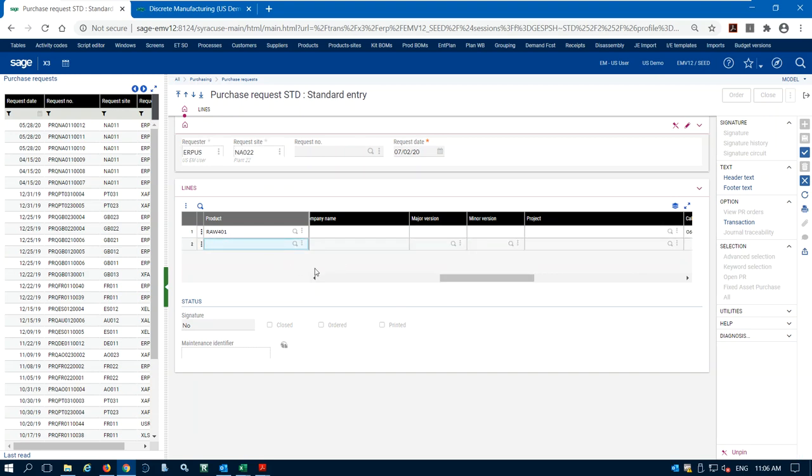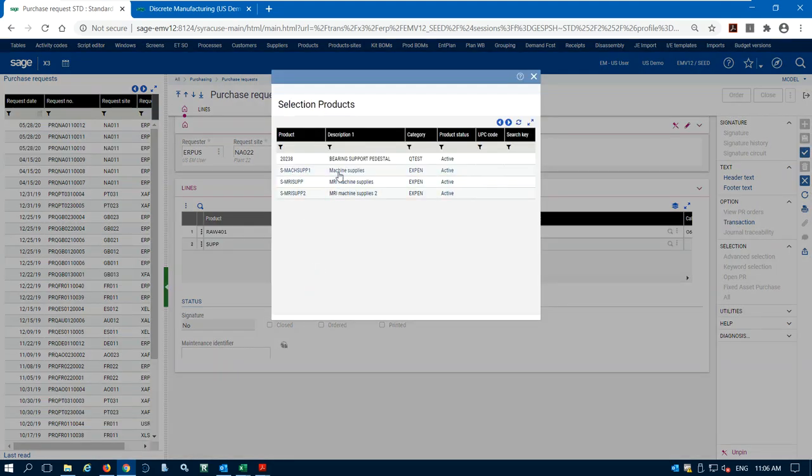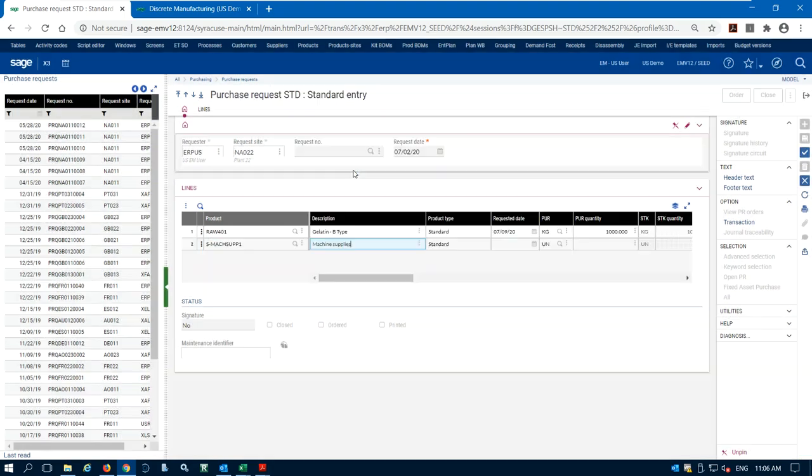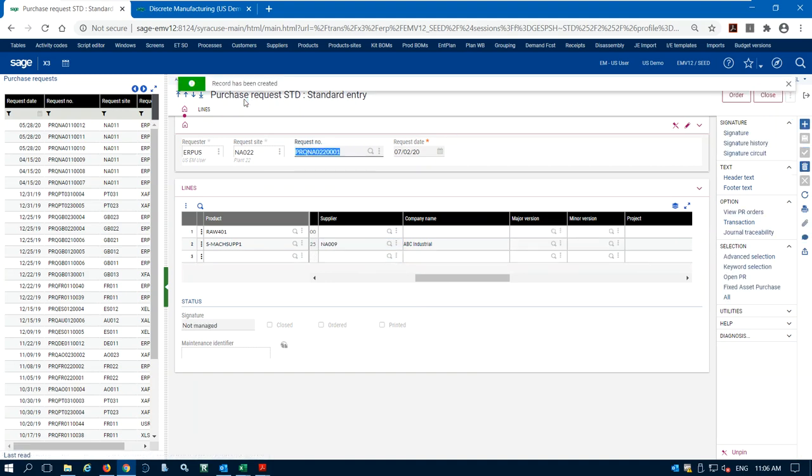We can also do non-stock items as well. I can put shop supplies in here, machine supplies, other supplies. So here's machine supplies, and I need 50 units of those machine supplies. Whoops, that's my date field. I need that tomorrow. And then I need 25 of those, and I know I need that from supplier NA09, which is ABC Industrial. I go ahead and create this purchase request,